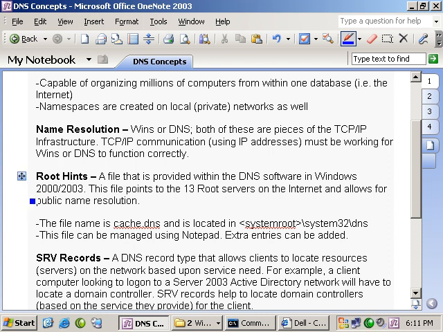Okay, and we're going to take a look at this in more detail in a second, but a couple more facts. Number one, the file name is cache.dns, as we see right here, and it's located in the system root\system32\DNS directory. Once again, system root refers to whatever the system root is on our particular system. In Windows 2000, this would be WinNT. In Server 2003, Windows is the actual system root. And we're going to be working with Server 2003 machines, so when we go over and look at this DNS server, it's just going to be